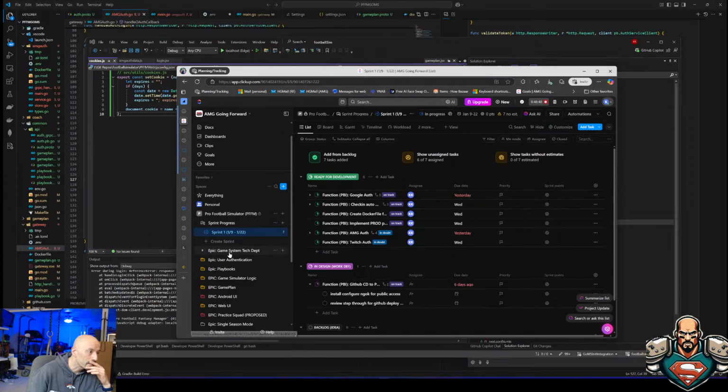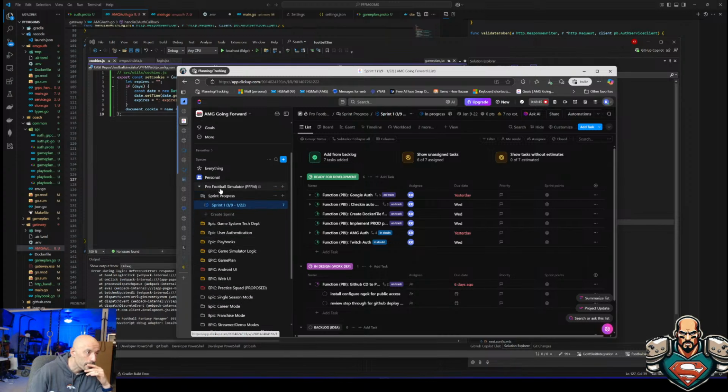All right, so we're going to go, is it an epic? It's not a tech debt, because this tech debt is like the Docker, the Ngrok, the GitHub, the stuff I have to do to make that stuff function. It's not actually part of the app. So I don't know if it's an epic, but it's certainly a feature.